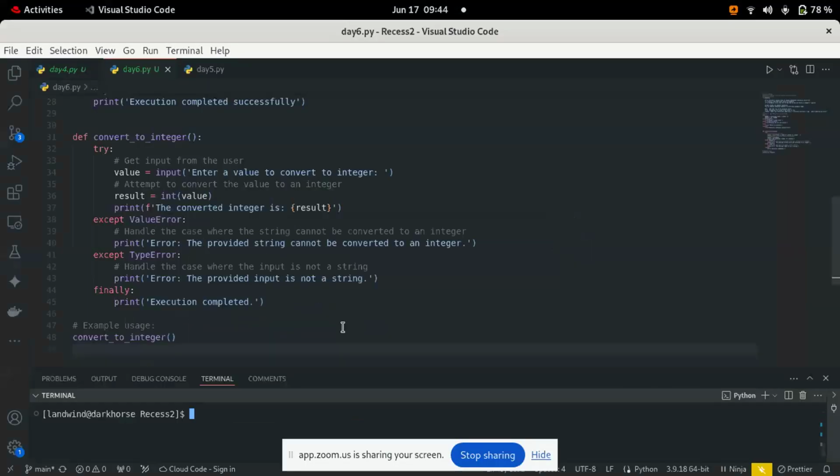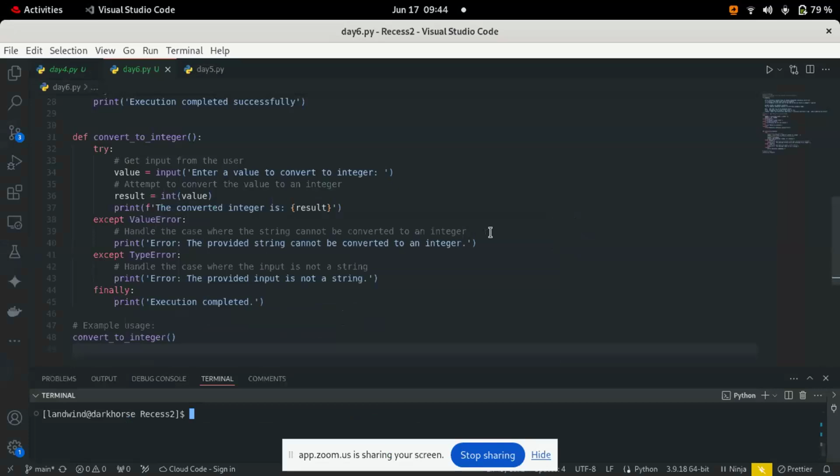Hope my screen is visible. Yes. So I've defined my function to convert to an integer. I first try to get an input from the user, which is in the form of a string, because I'm not doing any conversion from the input. Anything I get from the user is treated as a string.